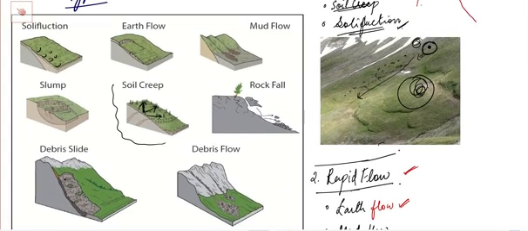If we see here, this is earth flow. Earth flow is a simple term. If we consider a slope, the slope is completely covered with vegetation. If you see here, this is entirely covered with vegetation. The vegetation covered area suddenly breaks and comes down like this, which flows in a downward direction due to the